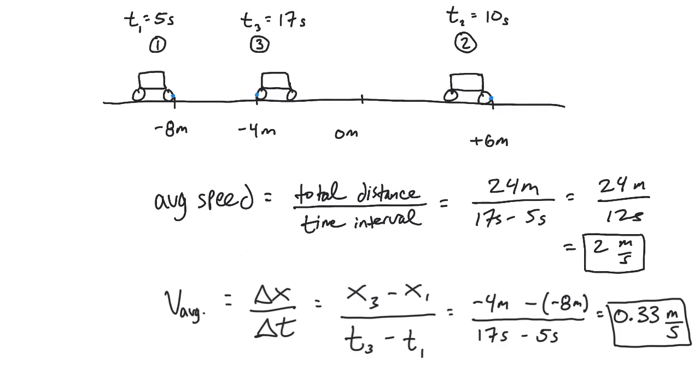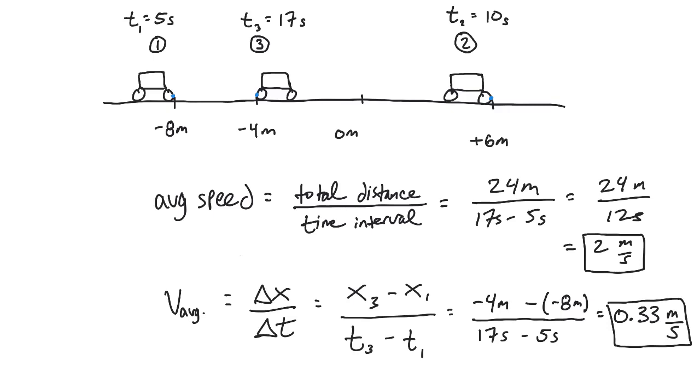All right, and then for average velocity, we just apply what we learned previously. Our displacement between moments 1 and 3 is position 3 minus position 1. Watch out here, it's a minus the position 1, so that first position is negative 8 meters, and that'll add here, so you get 8 minus 4, and that gives you positive 4 divided by 12 seconds of time. 4 divided by 12 is about a third, so there you go, 0.33 meters per second.